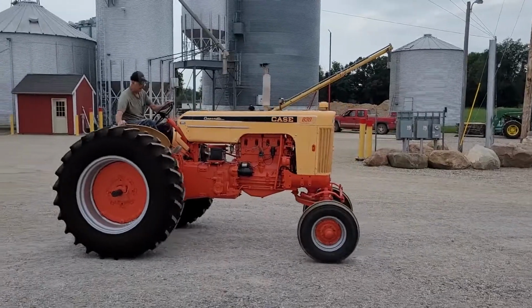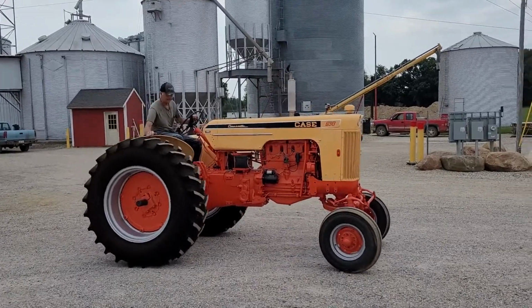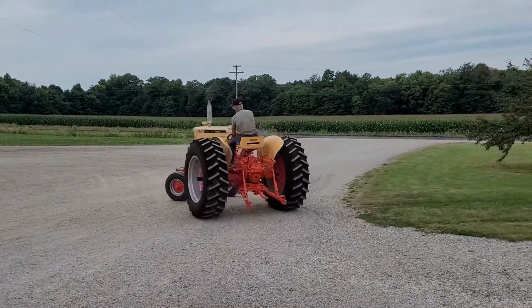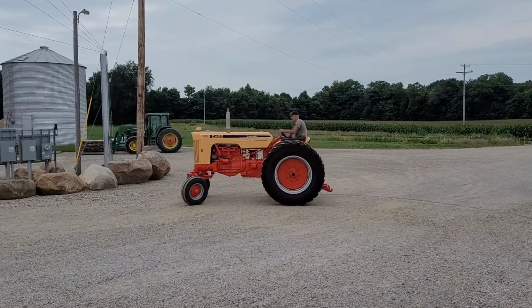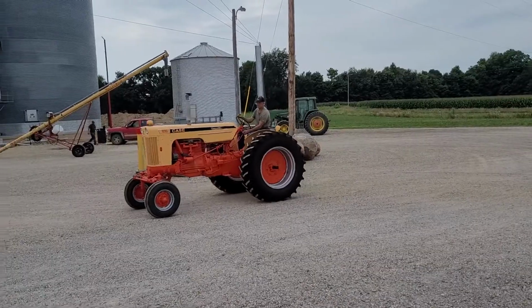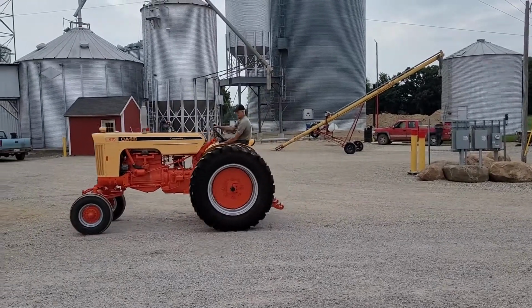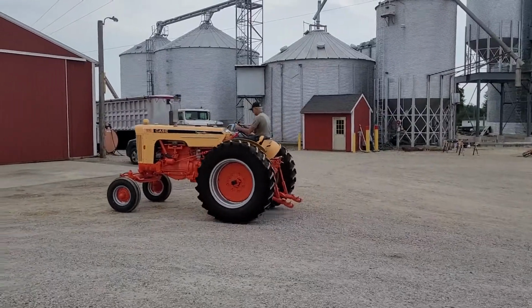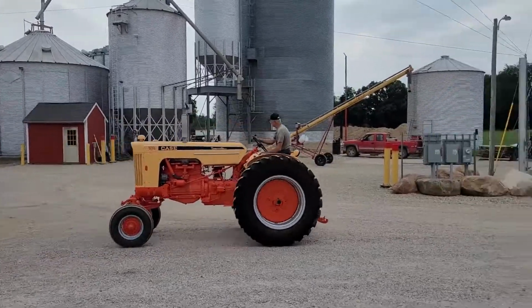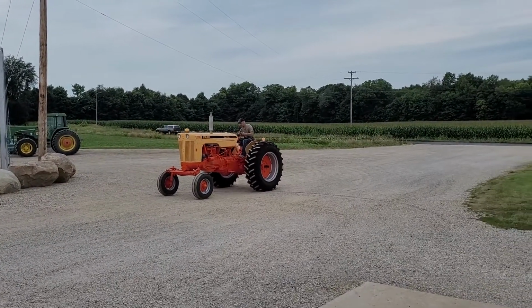Sharp tractor, nice paint restoration on it, runs good. Brand new 18-434 tires on the back. I think they said the tires made one trip across the Mackinac Bridge. Kind of got it so he could do the trip across the Mackinac. He's always been a Case tractor fan, so